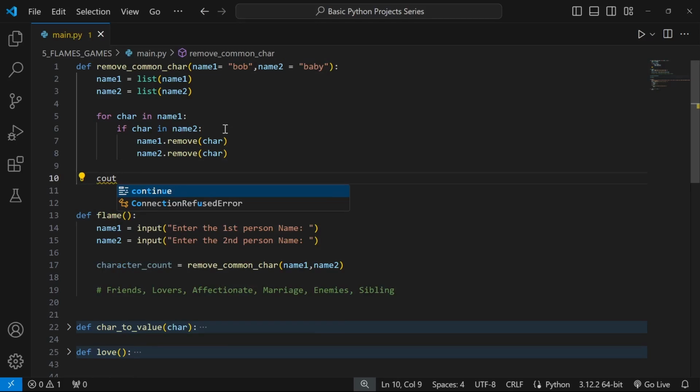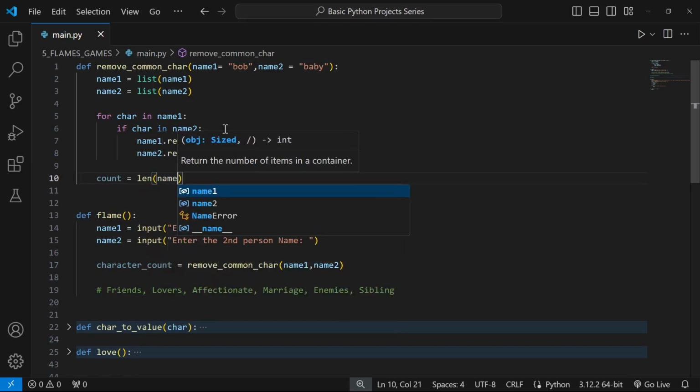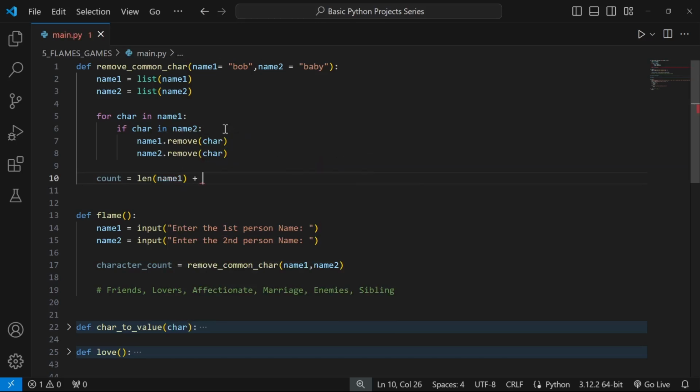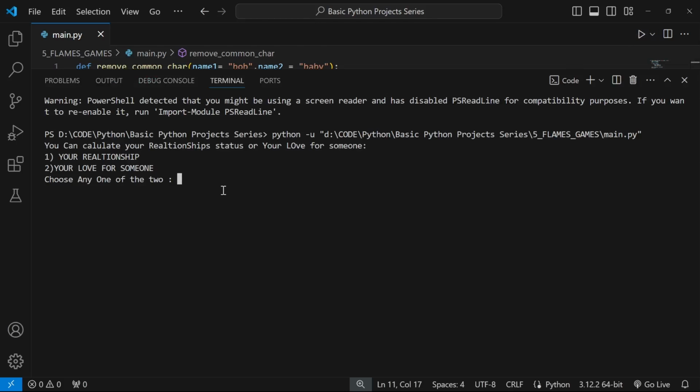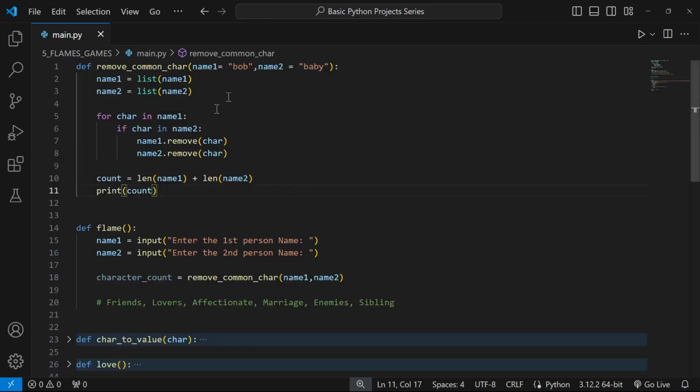Count is equal to length of name1 plus length of name2. We print count. This one, first of name something 3. Don't look at this something, guys, as I passed something from here, but I have taken the default value as bomb and boom. Okay,